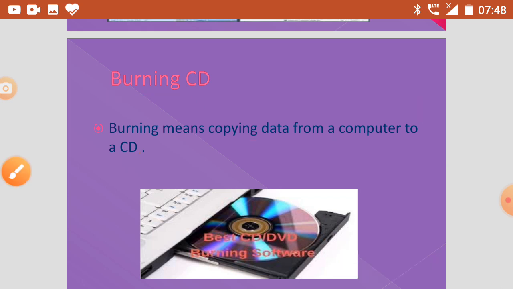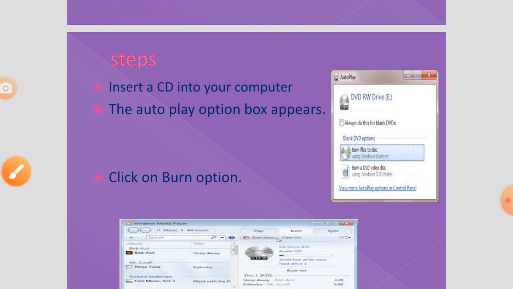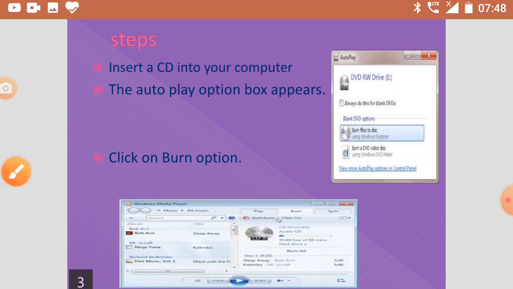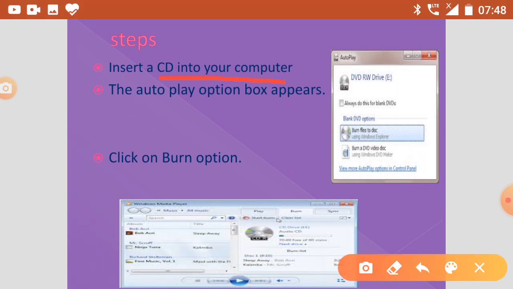Now come to the steps. When you insert your CD, this type of dialog box will open, and when you click on burn to CD, this type of box will open, and in this box you can click on the burn option.